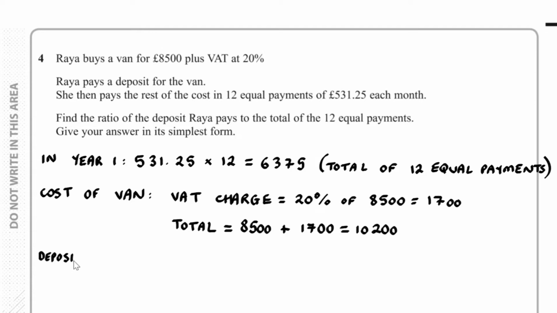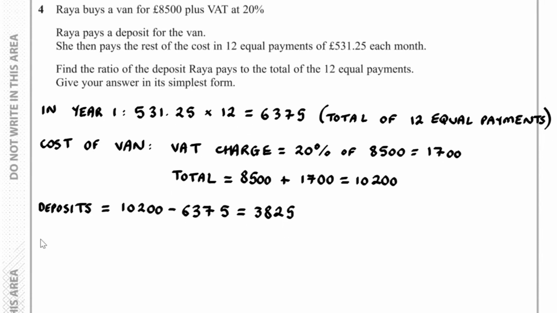So for the deposit, we've got the total cost, 10,200, subtract the 12 equal payments, 6,375, and it turns out we get 3,825. And so therefore, the ratio of the deposit to the total, we have